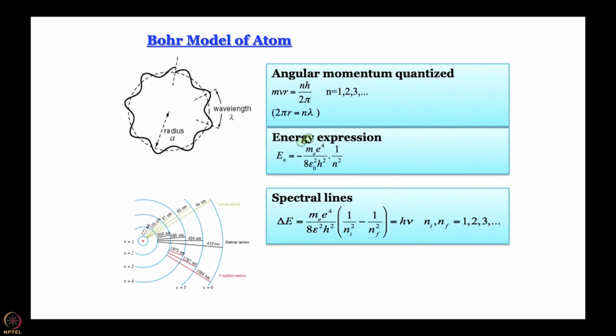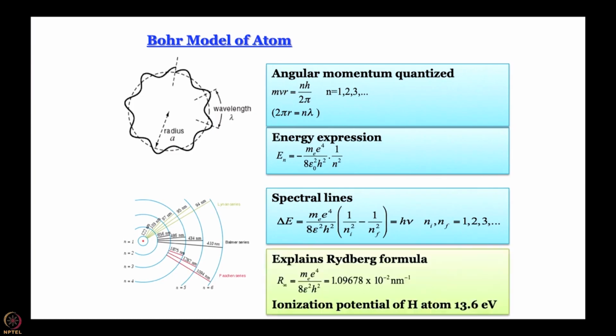But now let me just say what I actually said without showing you the formula here. From the energy expression, one can easily work out the energies of the spectral lines, and it comes out to be this Me e to the power 4 by 8 epsilon 0 square h square multiplied by 1 by n1 square minus 1 by n2 square, that will be equal to h nu. H nu is hc by lambda. So, 1 by lambda would be this expression multiplied by 1 by ch, and from there one can obtain a theoretical value of Rydberg constant, and the value that we get is